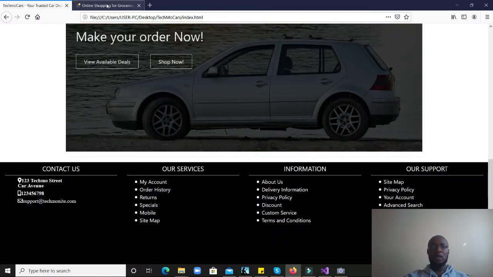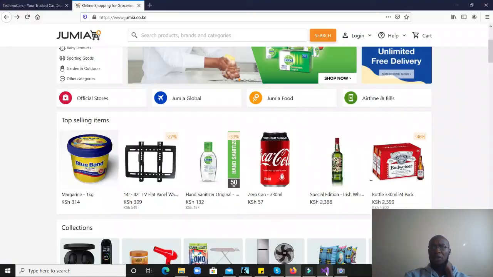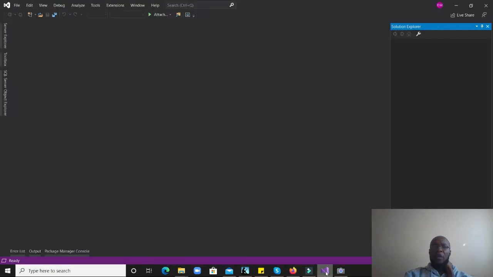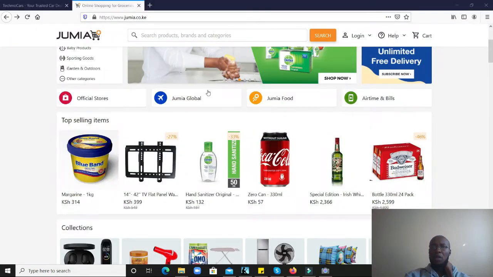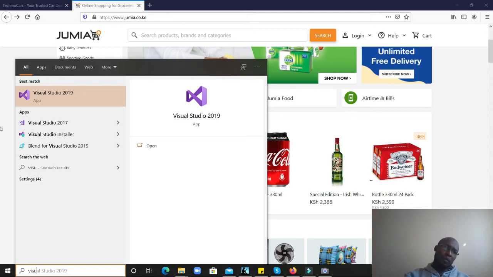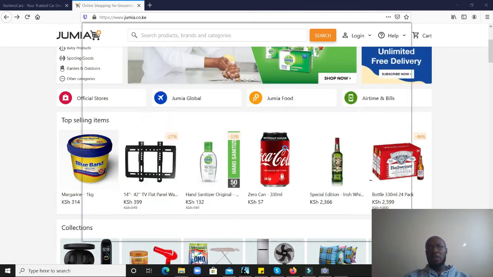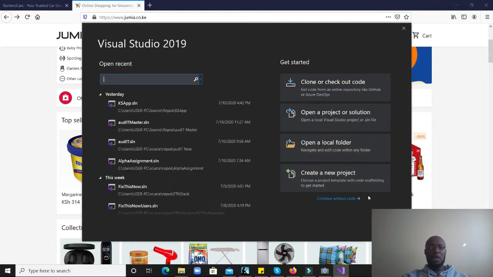And so there are several server-side languages that we can use. We have PHP. Now, in our case, mostly we'll be using ASP.NET. ASP.NET is a Microsoft product, and we'll be doing it in Visual Studio. This is Visual Studio. Maybe I can just close it and open it again. So Visual Studio is a Microsoft product. Now I already have it installed in my machine, but probably I